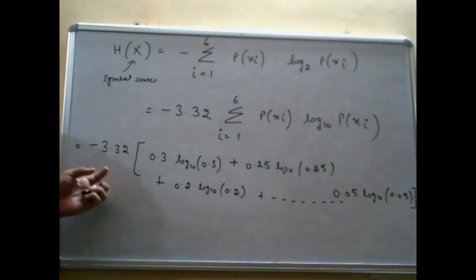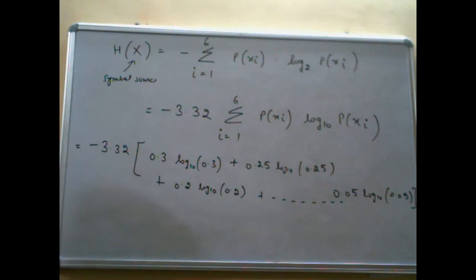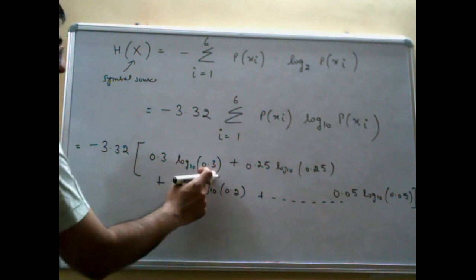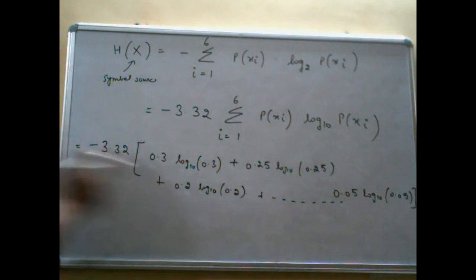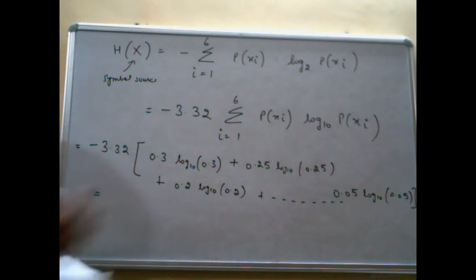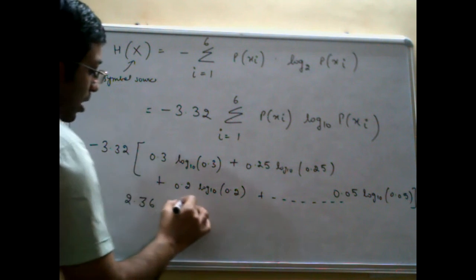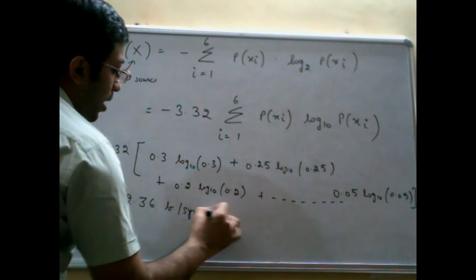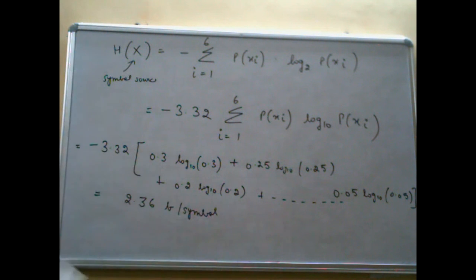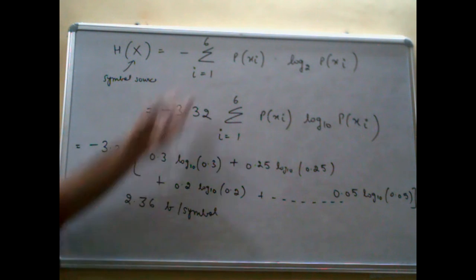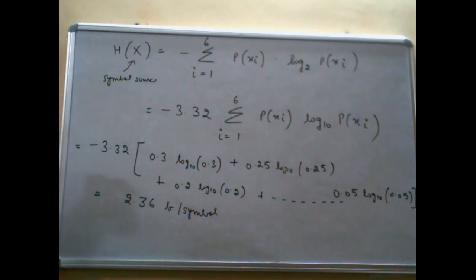ठीक है. एंट्रोपी कभी भी नेगेटिव नहीं होगी. एंट्रोपी और जो इसके हमने पहले निकाला एवरेज कोड लेंथ, ये हमेशा पॉजिटिव ही आएंगे. ठीक है, क्योंकि लॉग की वैल्यू यहाँ पर 0.3 है तो सभी में नेगेटिव आएगा. नेगेटिव नेगेटिव विल गेट कैंसिल एंड यू विल गेट द फाइनल आंसर एज 2.36 बिट्स पर सिंबल. ये आप कैलकुलेट करके को दे सकते हो. आई एम जस्ट गिविंग यू द रिजल्ट. ओके, so the code length was 2.38, it is 2.36.